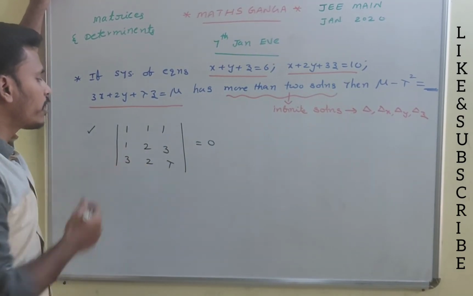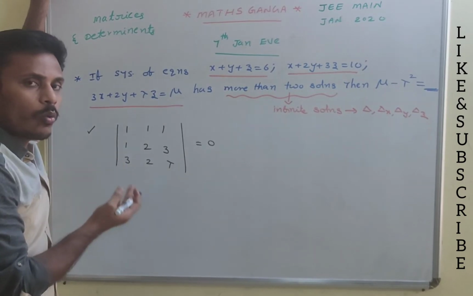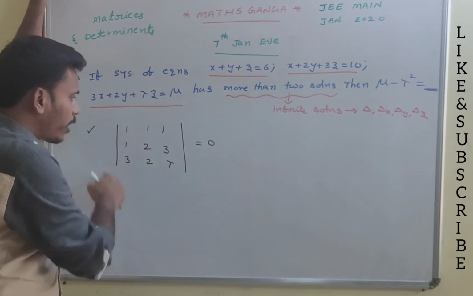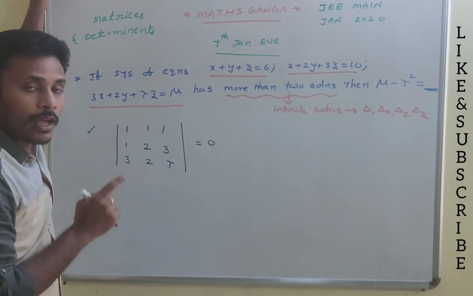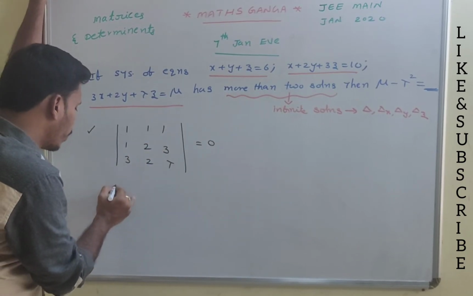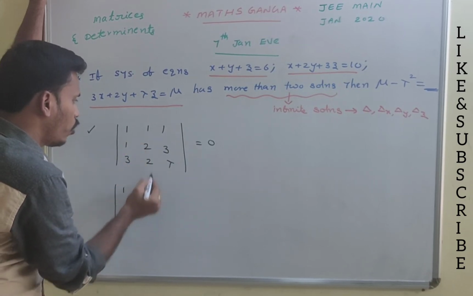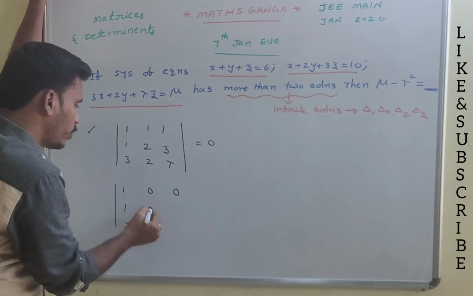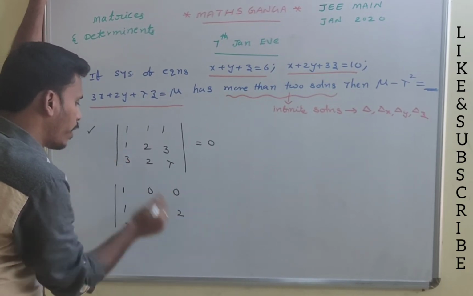This determinant is equal to 0. Since this determinant value is 0, from this we need to find the value of lambda. You can go with the usual procedure, or you can make these two zeros. Find the determinant in the usual traditional way and get the value of lambda, or otherwise use any of the determinant properties as you wish. I will make these two zeros. So in the next step, second column minus first column gives 0, third column minus first column gives 0. First column I won't change. 2 minus 1 is 1, 2 minus 3 is minus 1. Here 3 minus 1 is 2, and then lambda minus 3.